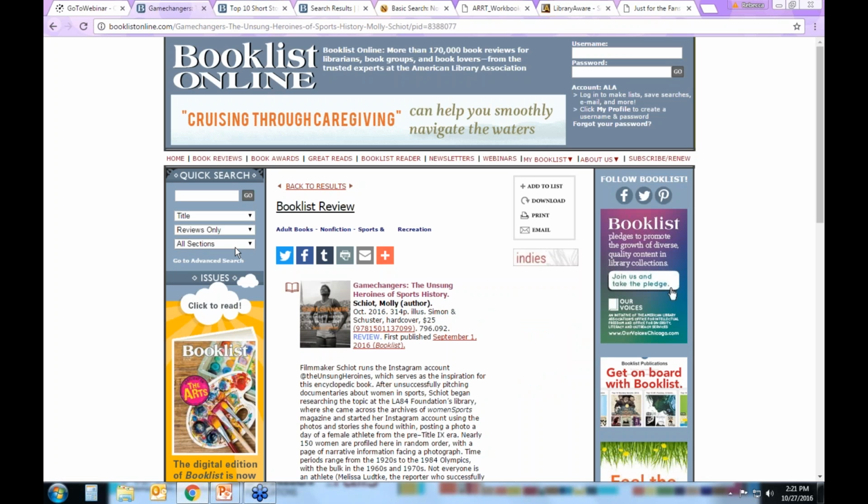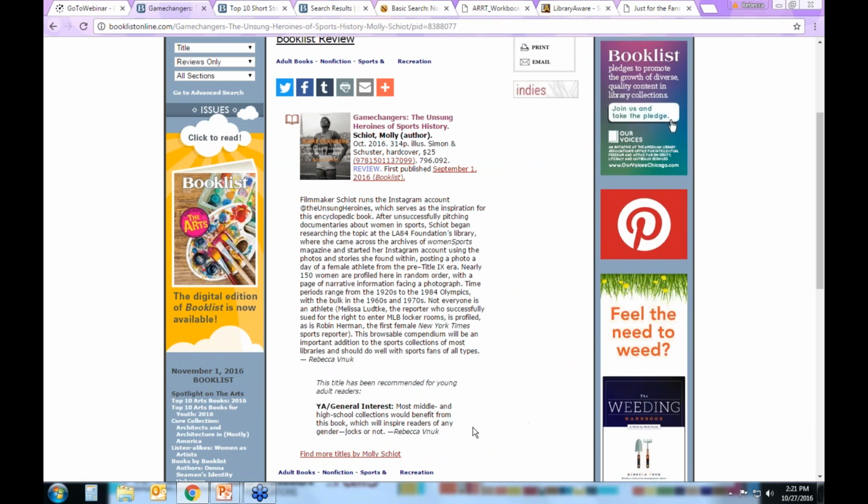In our adult section, when we're reviewing adult books and we come across those that we think are suitable for young adults, we do this right here. It's called a YA repeat, and that's a repeat note at the bottom of the review. We are recommending this adult book for young adult readers, and here is why. So this happens to be nonfiction, and it's a review that I wrote and said, definitely, this would do great with kids that are into sports, even kids who aren't into sports. It's accessible reading, it's interesting.